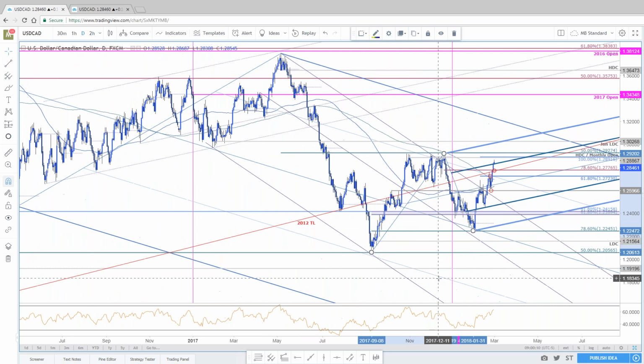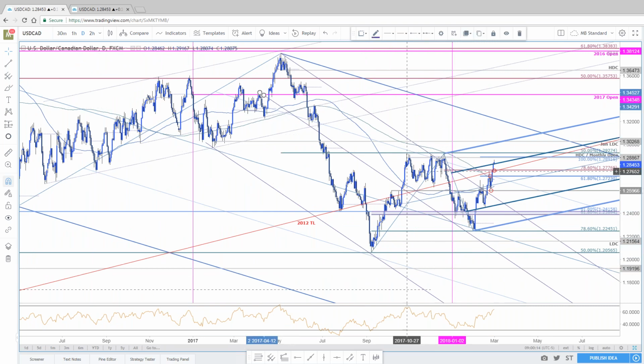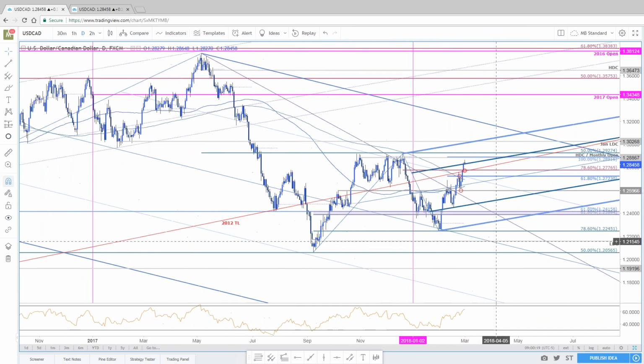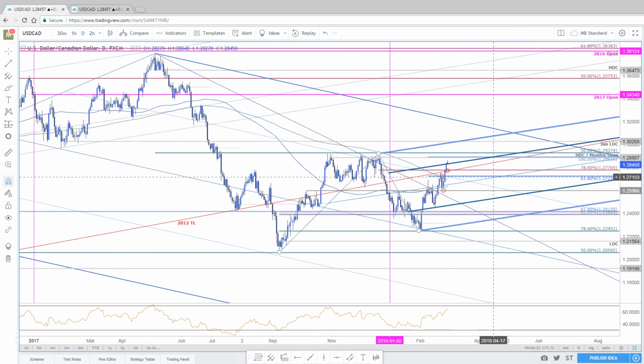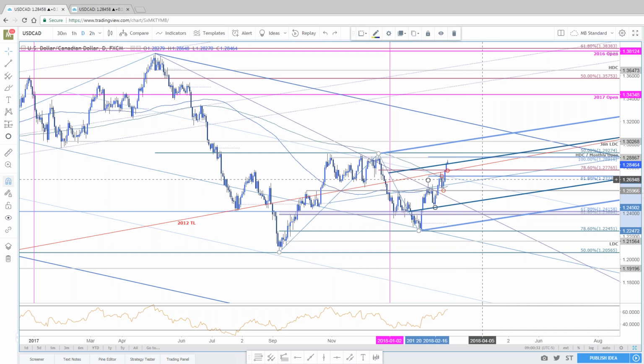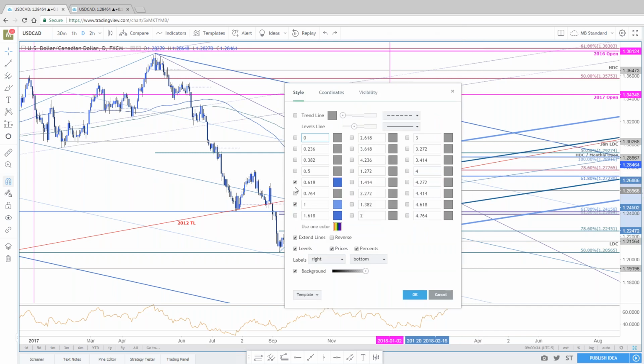How can I clean this chart up to show you a little bit cleaner? We can probably drop these slopes at this point. I'll move that. Oh, move that 618.